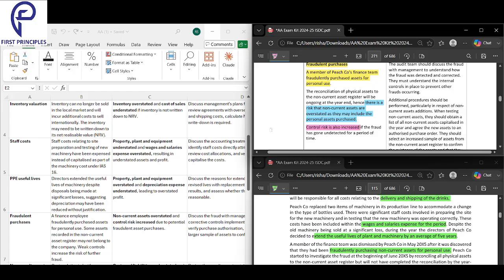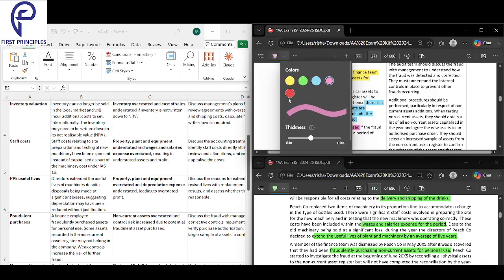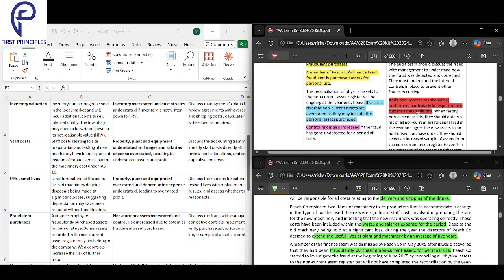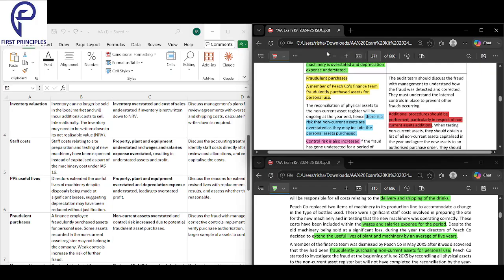As an auditor, you'll be like, yeah, the controls are not good, so you'll have to do additional procedures. Whenever controls are not good, what do you do? You do more procedures. So whenever controls are not good, you will do additional procedures. That's always the same. Whenever control risk is more, you will do additional procedures. And what you should do again is discuss